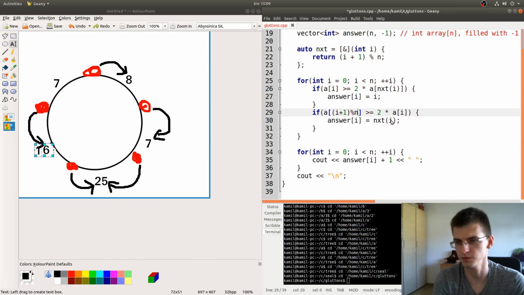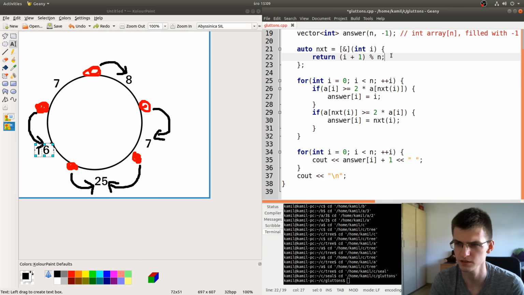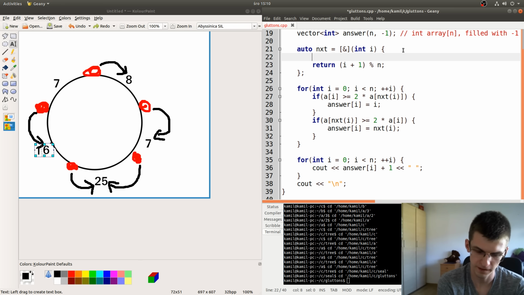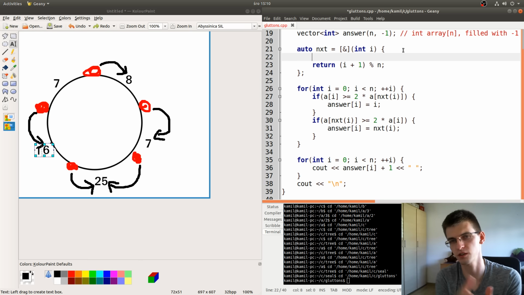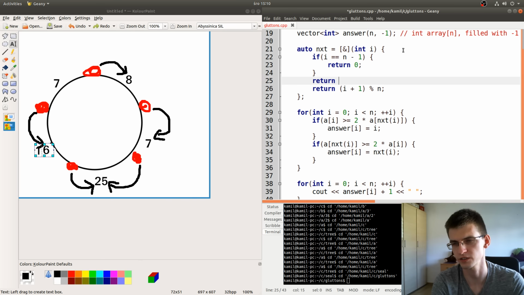And while we made this improvement, again, I'm not sure if it makes sense in Polish Olympiad if we count CPU operations, but it will not hurt. Modulo operation is quite slow. If it's possible, you should avoid it. And here, if to a number between 0 and n-1 you add 1, you can implement this function without modulo, because you can write if i is equal to n-1, return 0, otherwise return i plus 1.